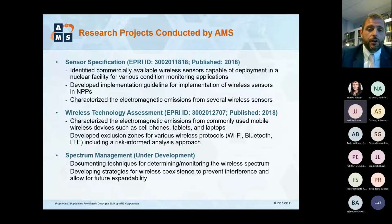Maybe design engineering chose that, hey, we want to deploy it for this particular application, or IT said we're going to deploy it for this. And so it hasn't really been a well thought through, hey, how are we going to manage this going forward? That's what this spectrum management guide is trying to address: as you plan to deploy these wireless sensors or even just wireless technology, how do you make sure you're doing it with a thought for